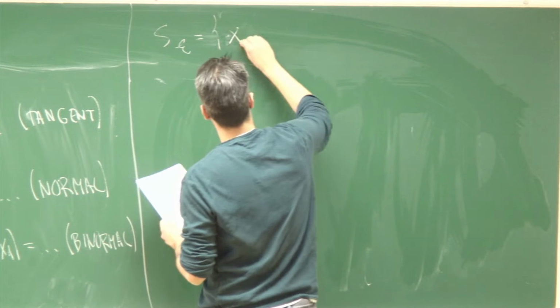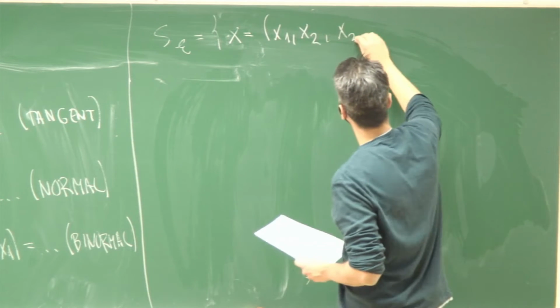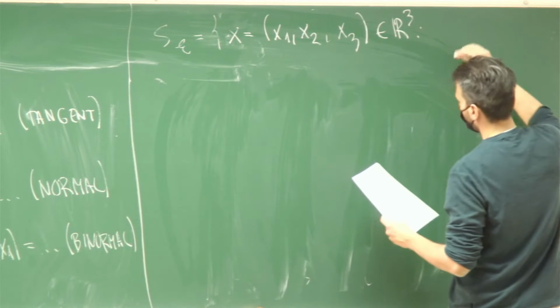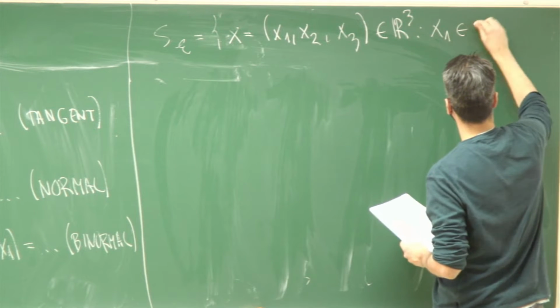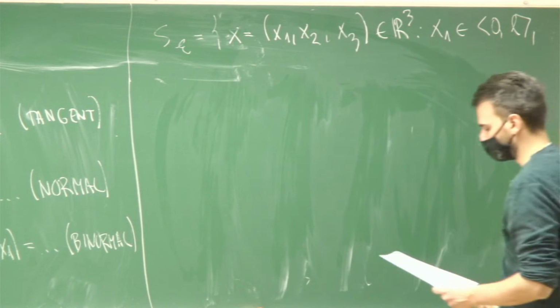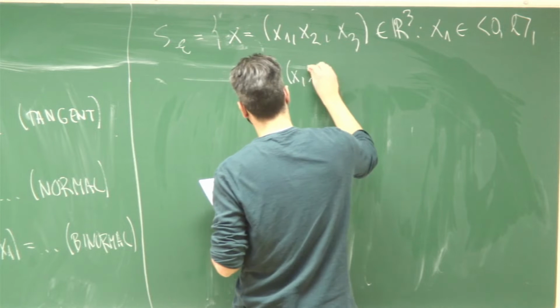So you have x1, x2, x3, where x1 of course goes from 0 to L, and x2, x3